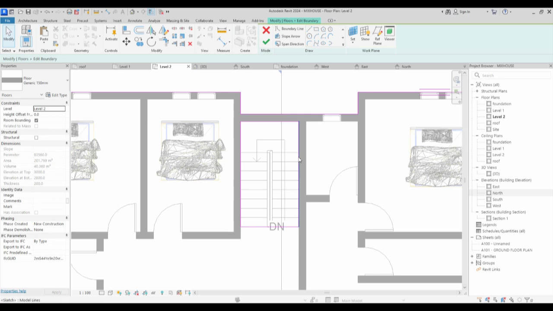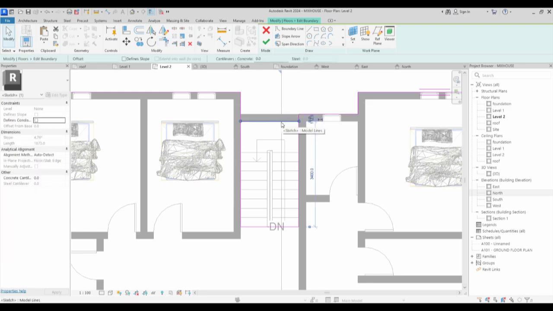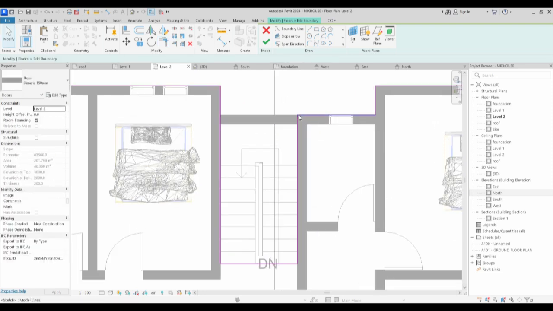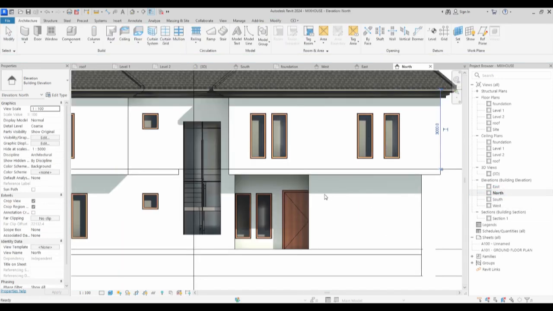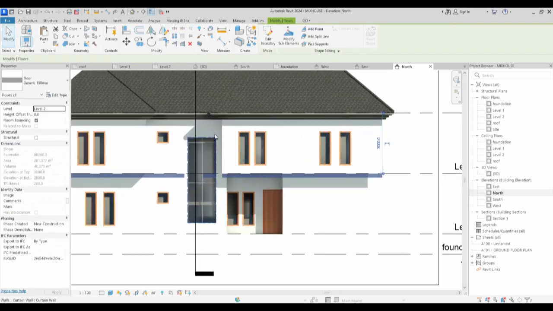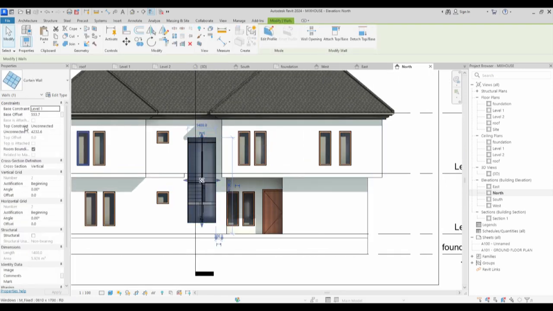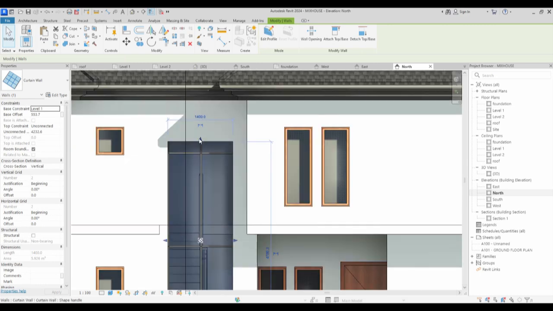So I've already created this one out. So what I'm going to do is that I select, then I clean it up. So all this place is going to be completely open and I will finish it. So go back to the north and you see that this one is gone and it's disappeared and you see it no more. So I can now adjust this one up